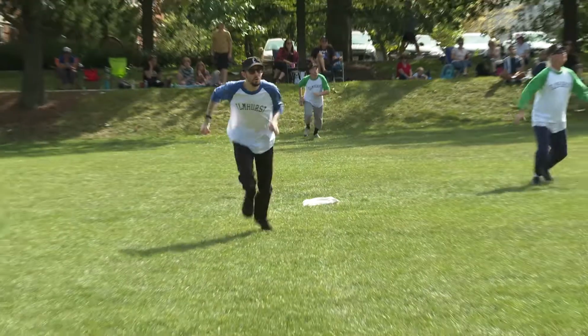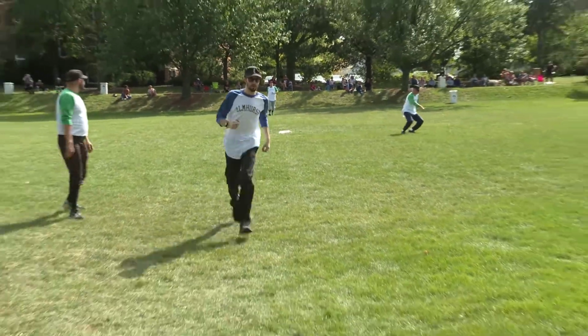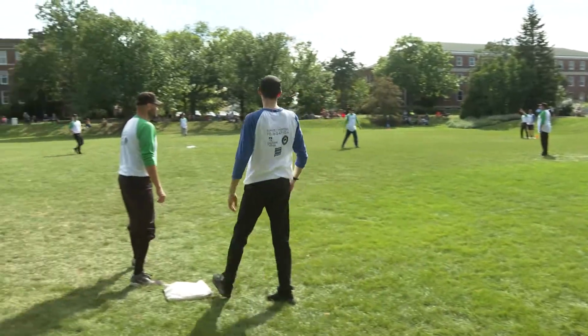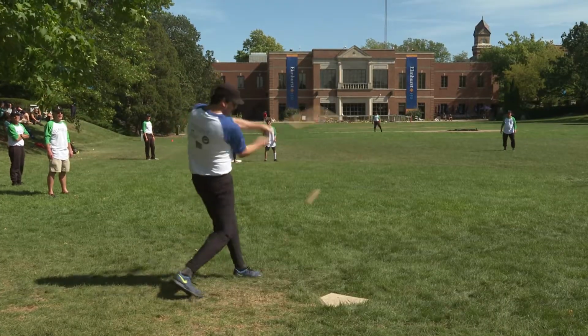Well, you know, one of the key things is you're supposed to be complimentary to the other team. So if someone else makes a good play, you don't fret about it, you compliment them on it. There's no tagging. You run on the pitch. And so those are some of the differences. You can only strike out if you swing and miss on three. Foul balls are not considered strikes,